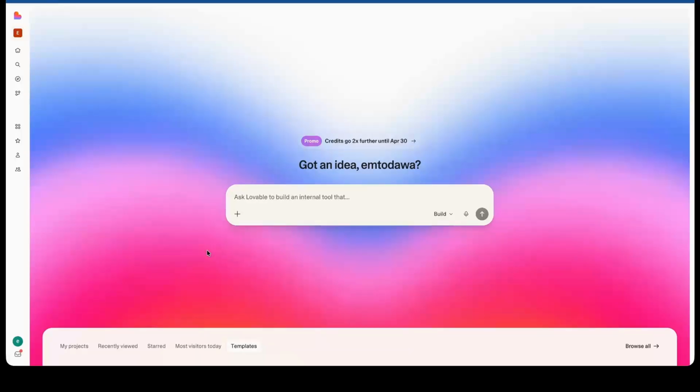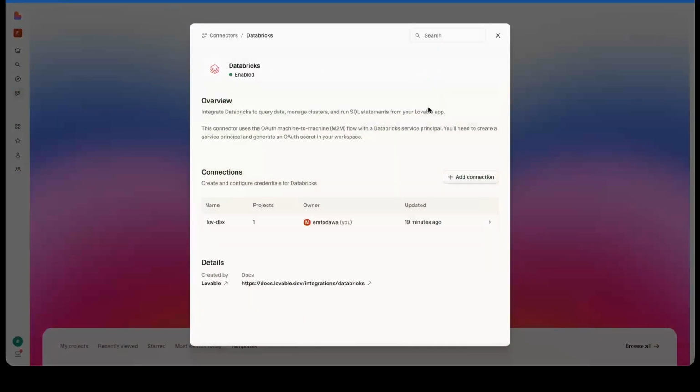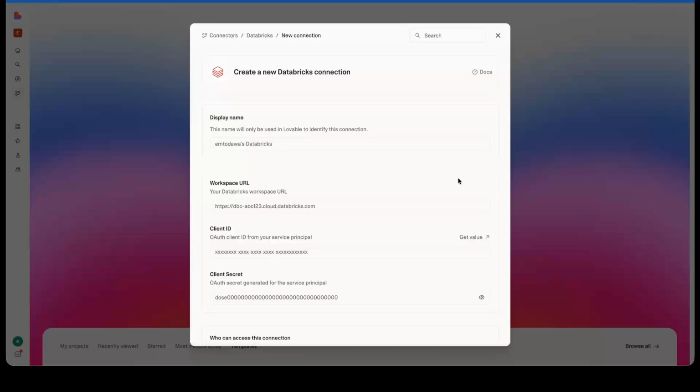So what we need to do before we kick off is actually connect Lovable to Databricks. You can click on this plus icon here, click on connectors and manage connectors. I already have Databricks connected, but if you don't, you click here and click on add connection. And you give the connection a name. You specify your Databricks workspace URL, which you can find from your Databricks workspace, and then the client ID and